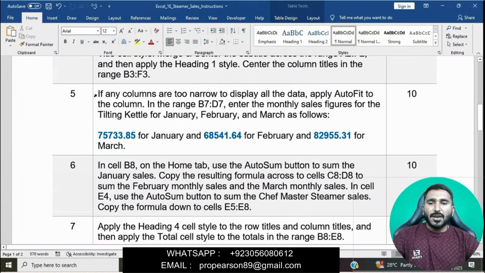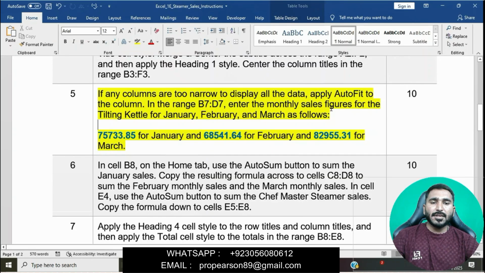Question number 5 is that if any columns are too narrow to display all the data, apply AutoFit to the columns in the range B7 to D7. Enter the monthly sales figures for the Tilting Cattle for January, February and March as follows: 7573 for January.